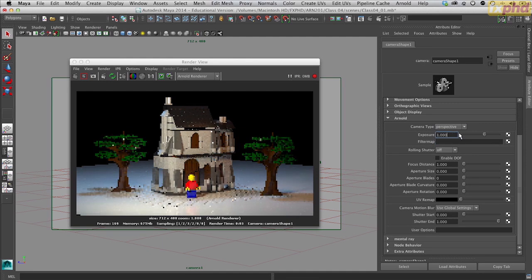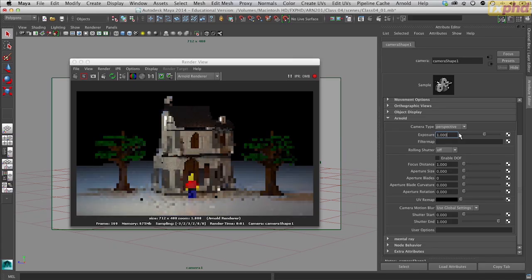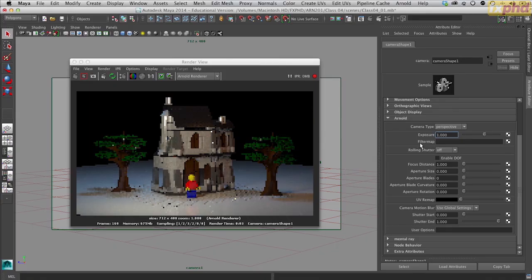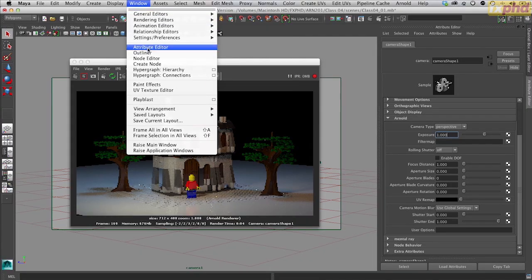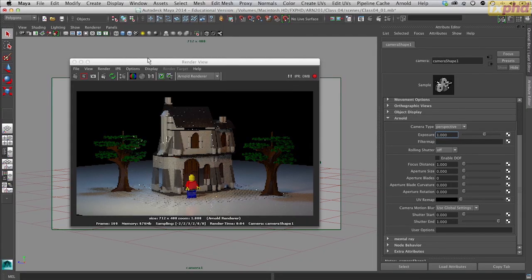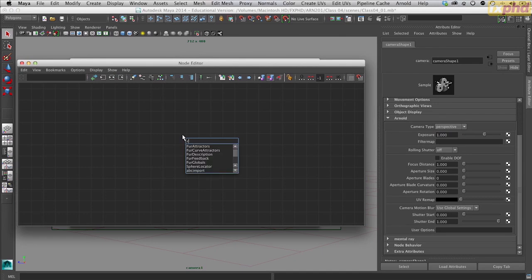So I quite like it at 1, so I'm going to just leave my exposure there. Okay. Now next up we have this filter map, and this basically is really useful because we can use this to do things like vignetting, things like that. So first thing we need to do is get a kind of a map that we can use for this. So I'm going to come across to my node editor, press tab,